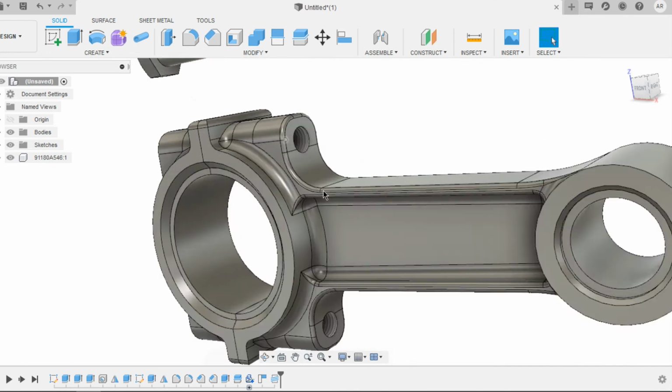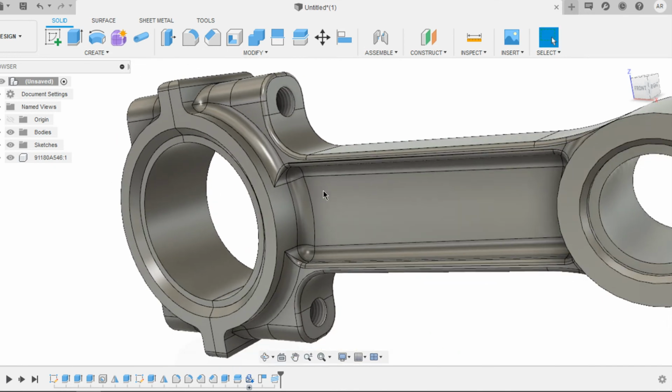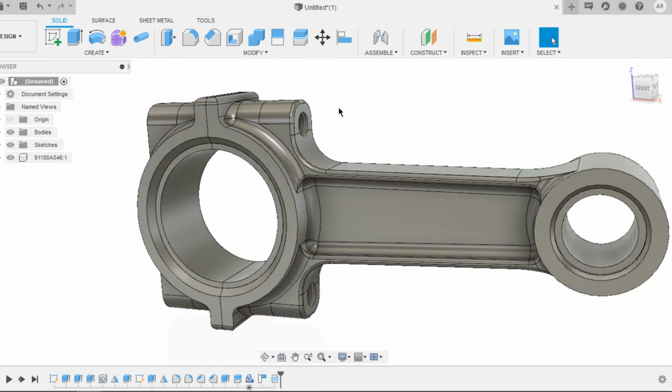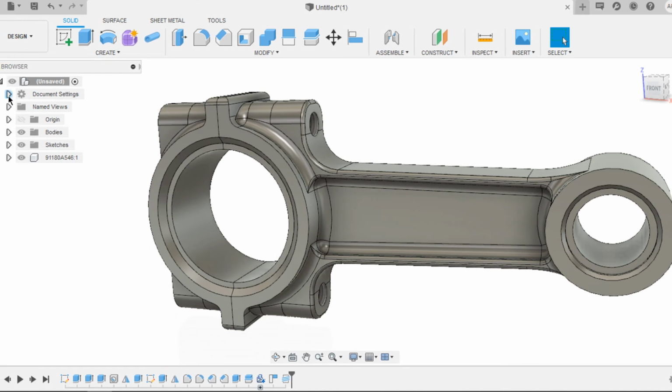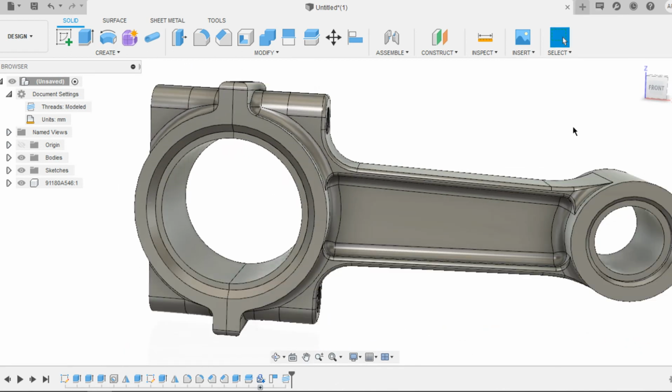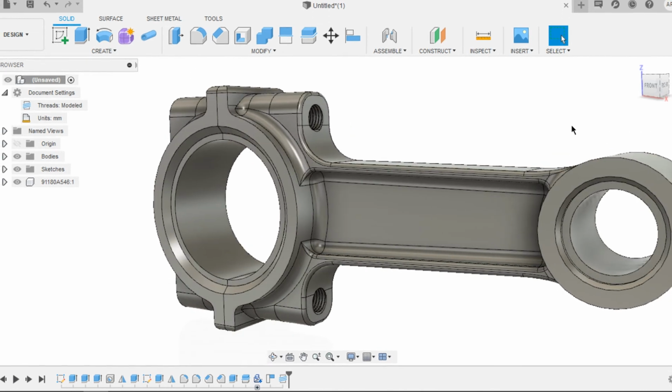Perfect. These are cosmetic threads. I have selected these because if you select in model, it slows down the workflow. At any point of time, under document settings, you can change the thread type to model. But I want to change it to cosmetic for now.